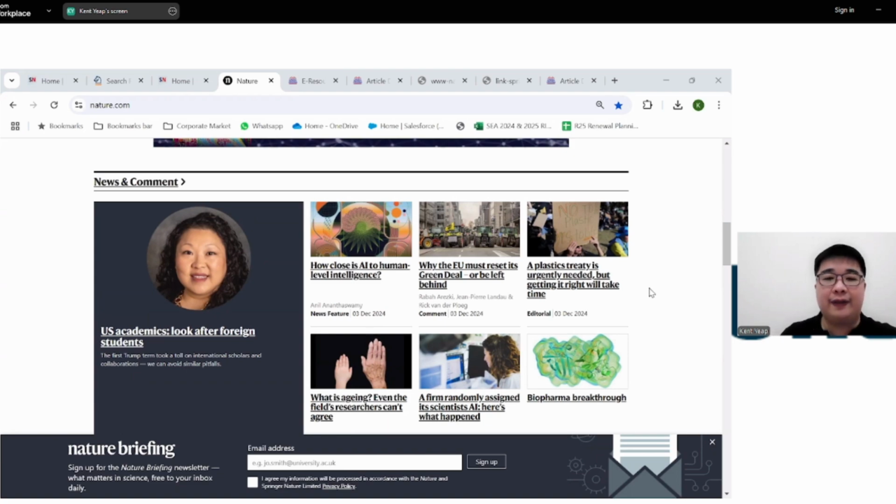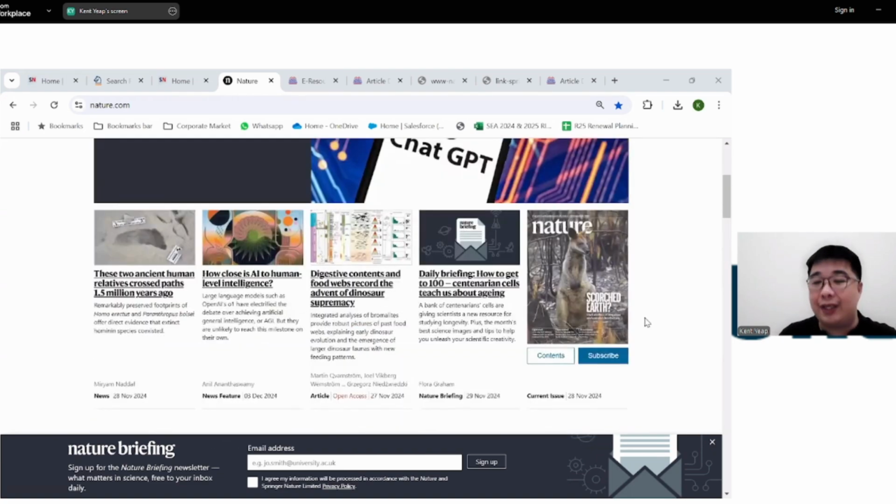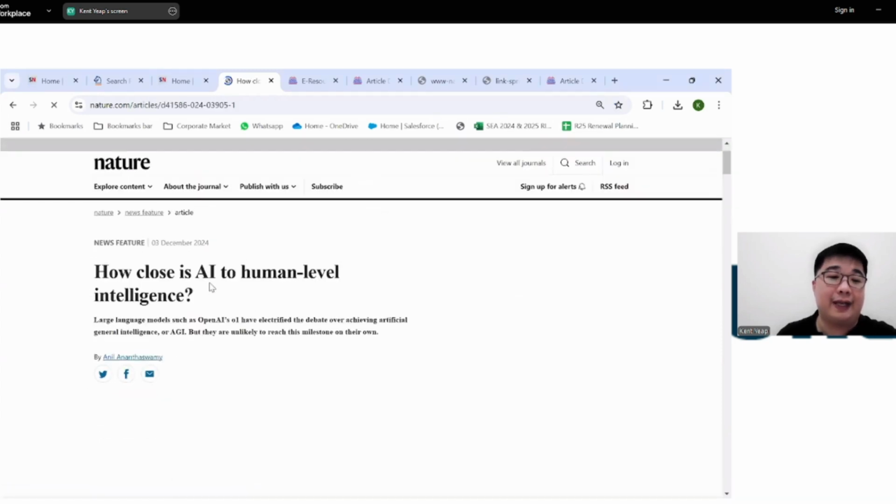Whereas for Nature, in every issue, and this is a weekly publication, another key trait of the Nature journal is that it is a weekly publication. There will be what we call a front half and a back half. And the front half will consist of articles like this.